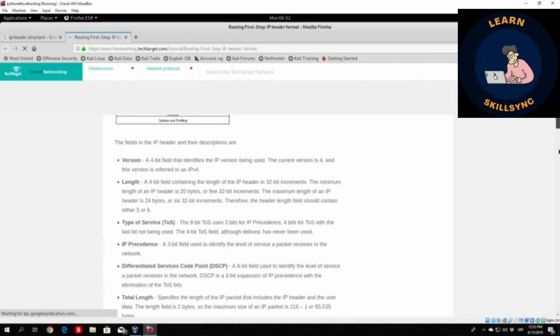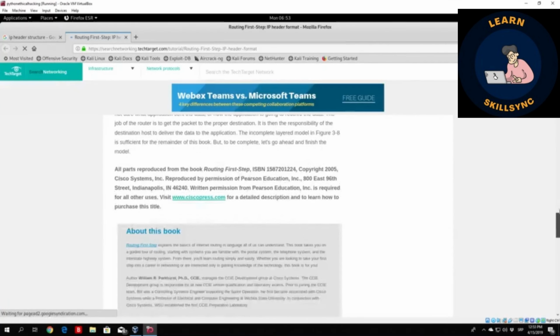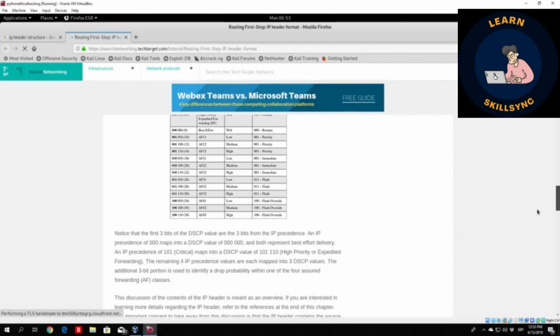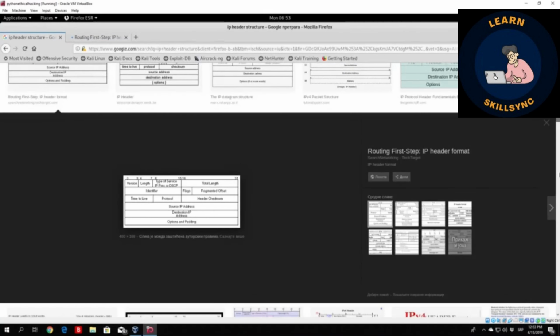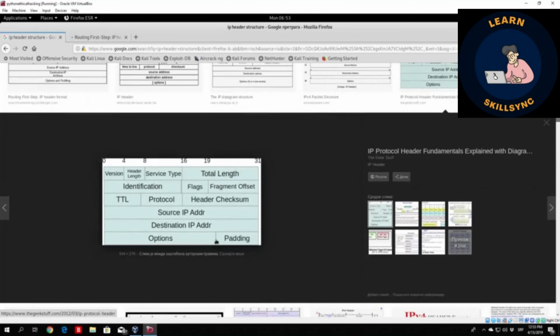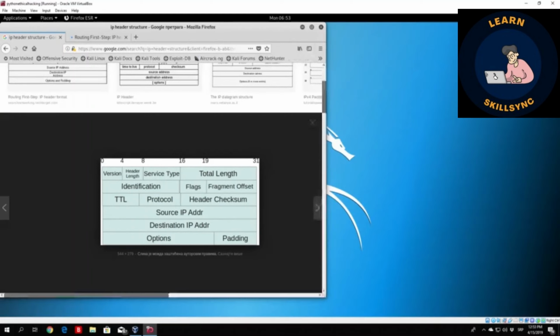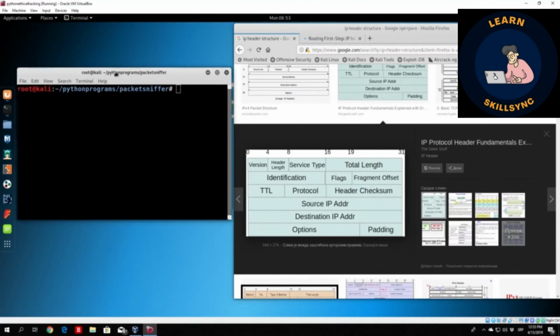That is too small to see. Let me just find if they have a little bit bigger picture. Maybe this is something useful. Not really. Let me go and find maybe this one. Okay, so you should be able to see something right here. As you can see, if I open up the actual program,